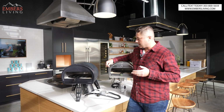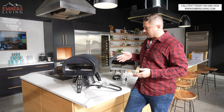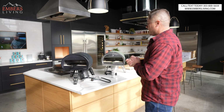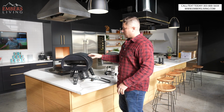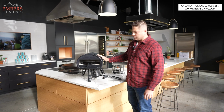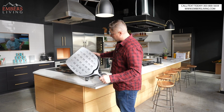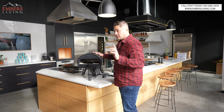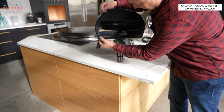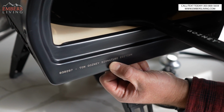Let's break down what you get with the special edition. So essentially the special edition model is $100 more, and the obvious thing that goes without saying is it is a different color. So this is the all black edition. Not only is this silicone material black, but then this is all matte black around here. Your pizza peel is matte black, and then there's a limited number made. So you're gonna have this little writing down here with what number your pizza oven is, saying the Tom Gozney